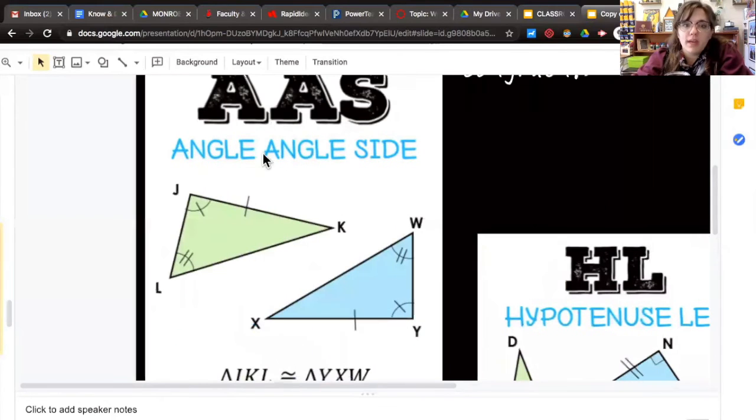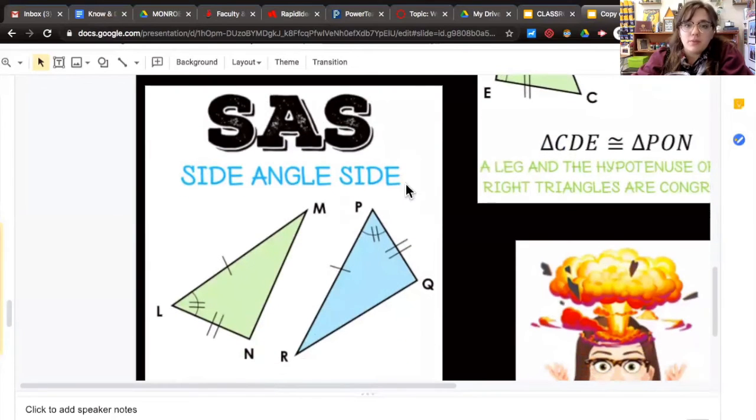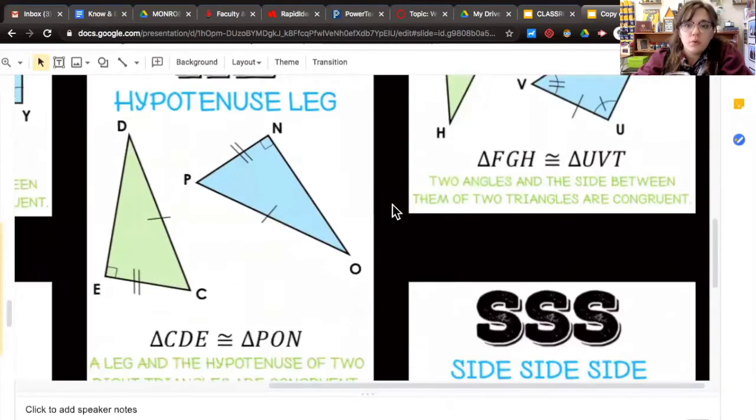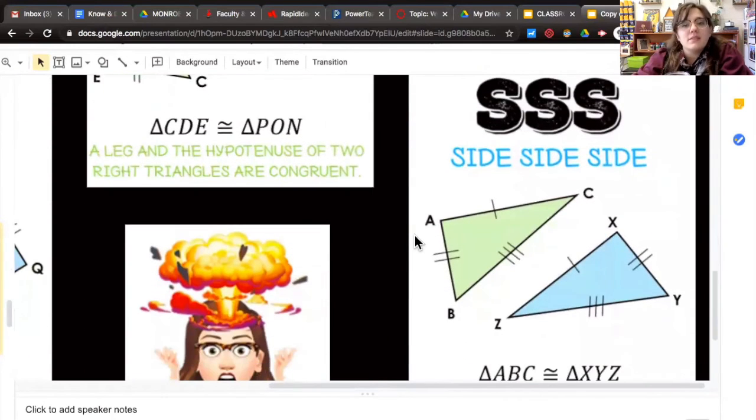So we have AAS, which is the hardest one to find, in my opinion. Side, angle, side, which is an angle sandwich. Oops. Angle, side, angle, which is like a side sandwiched in between 2 angles. And almost last but not least, side, side, side,